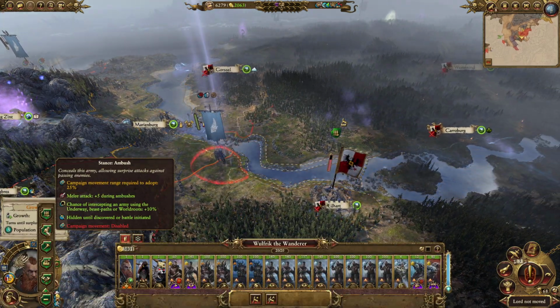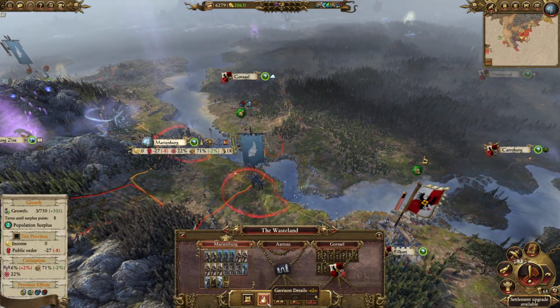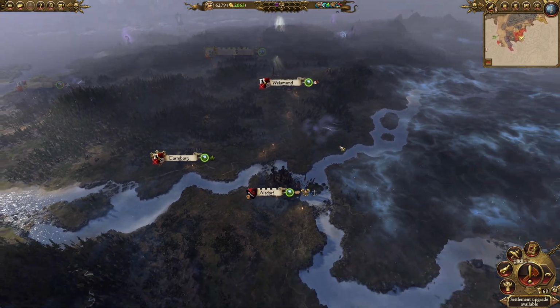Alright, you're going to go into ambush. Let's see if we can't kill Mr. Aldebrand over here. Maybe he'll think Marienburg is an easy mark. And then we'll destroy him. What? What? Von Karstein...